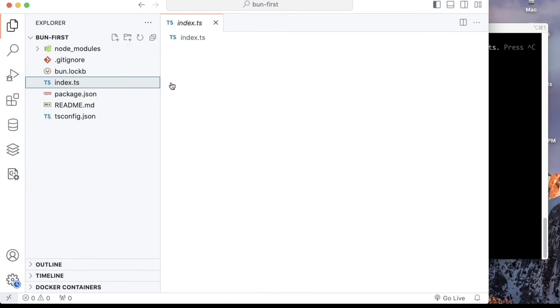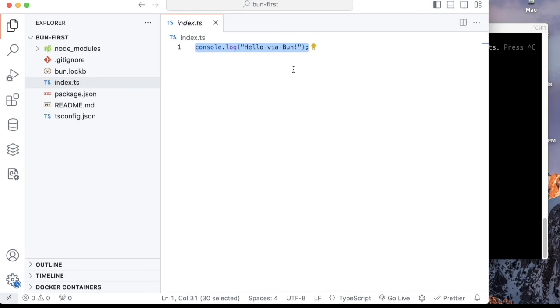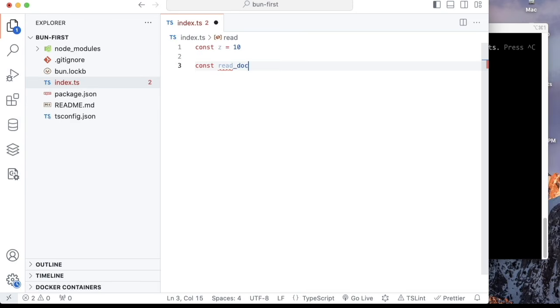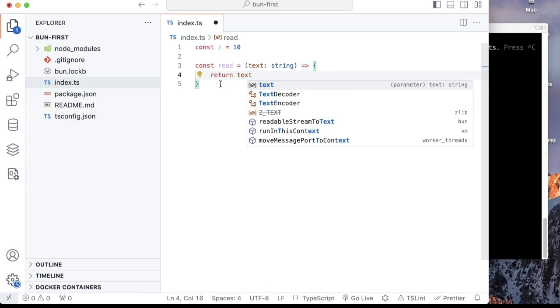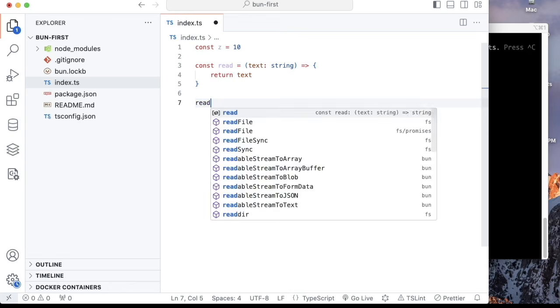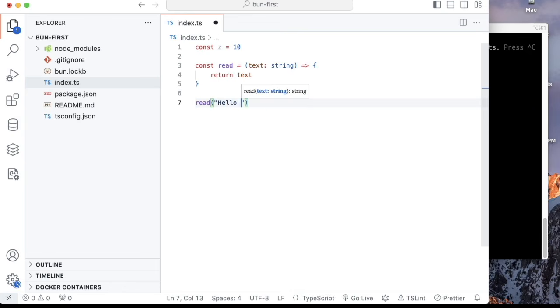You can run TypeScript with the help of Bun. Now this project is compatible with TypeScript. You can run any type of TypeScript project or any kind of Node.js project. Let's create a new function, read or read doc. I'm gonna provide the text, the string, with an arrow function, and it is going to return hello or return text. I'm just adding TypeScript. I can call the message hello world,